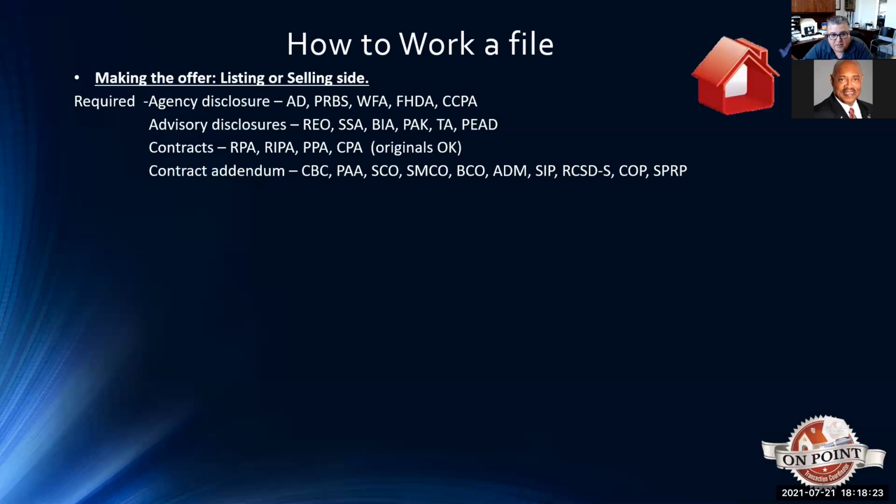So we have the RPA, the income purchase agreement, the probate purchase agreement, commercial purchase agreement. All of those are actually contracts that were made by the California Association of Realtors, attorneys, and over the years they continue to update them. I remember they used to be 2 pages back, I think it was in the 80s, early 90s, and now they're 10 pages. Some of them, like the RIPA, are 11 or 12 or even 13 pages long, okay?